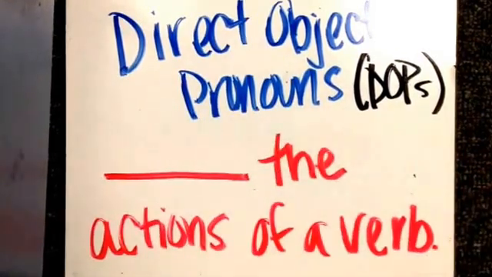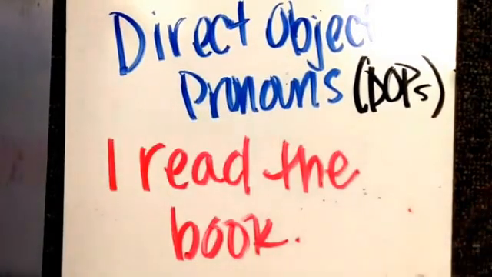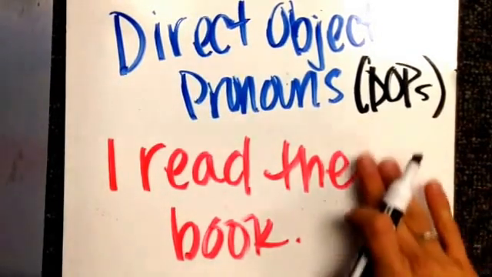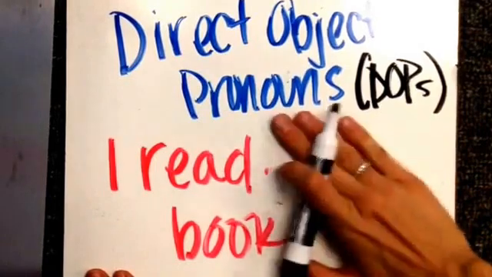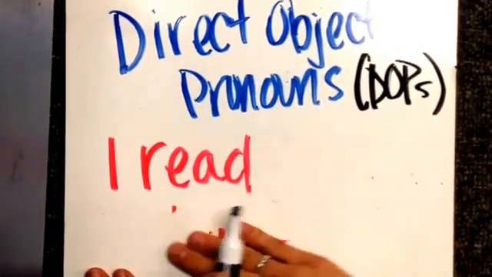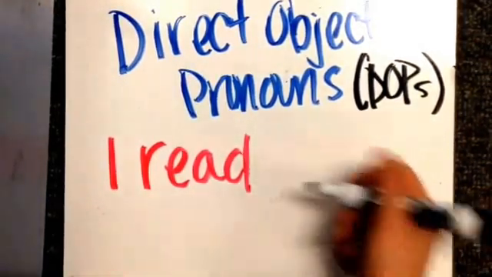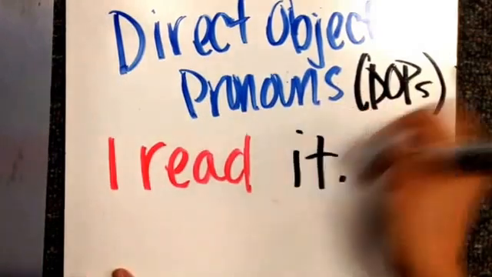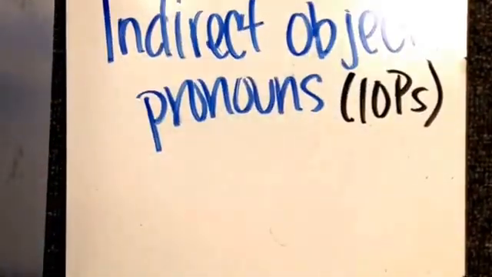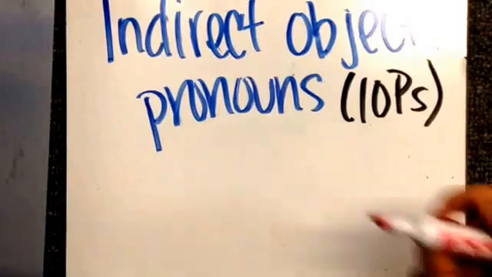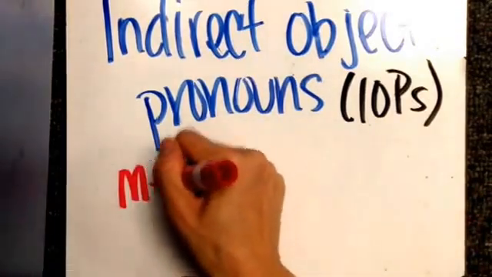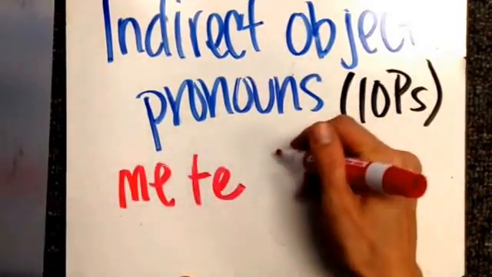Direct object pronouns receive the actions of a verb. In this example, I read the book. The book would be the direct object because it is the thing that is read, so you can replace the book with it. Your indirect object pronouns are me, te, le,